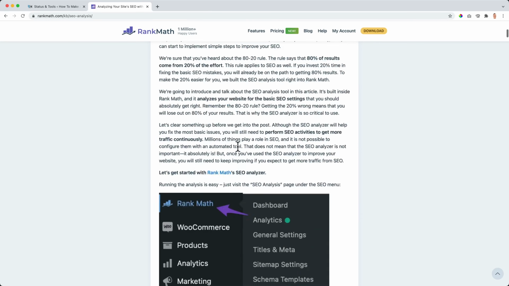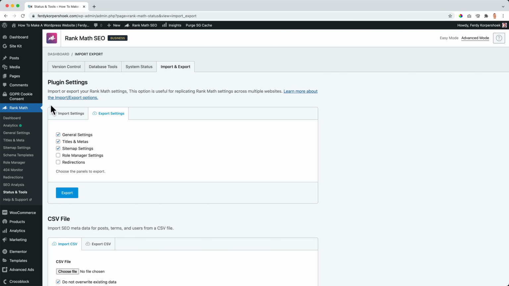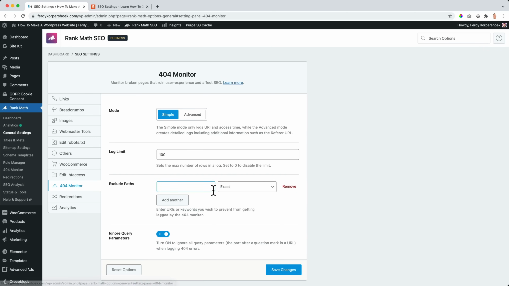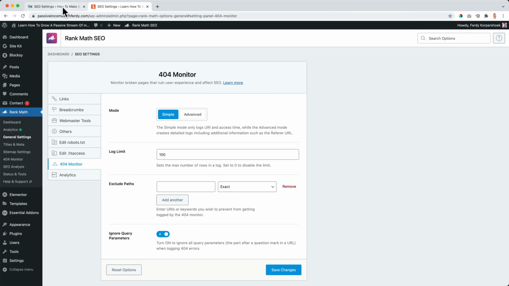But I want to cover a few things. So we can go to the dashboard, and what you'll see now, we already talked about the 404 monitor. We already talked about analytics, but now there's a pro area. And since we have the pro version, that means there are more options at the 404 monitor than with the free version. How can I check that, or how can I adjust it? I click on the settings, but everything looks the same over here. If I go to my free version of RankMath, it looks exactly the same.